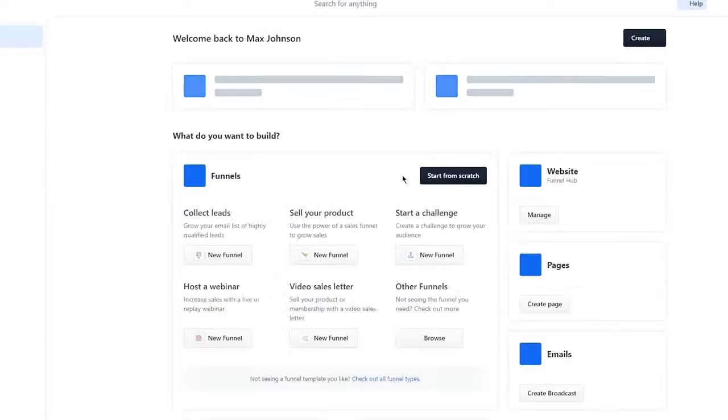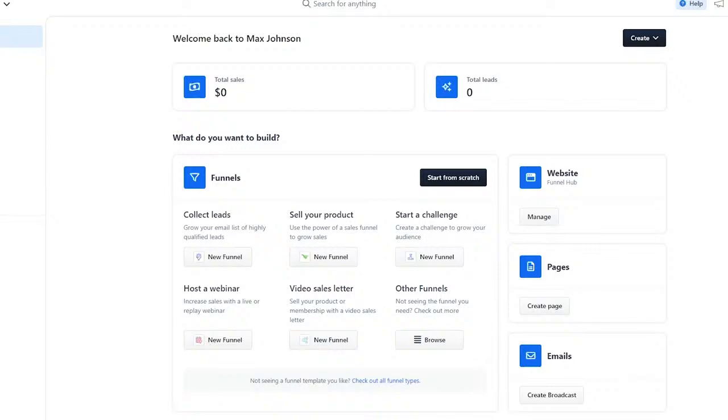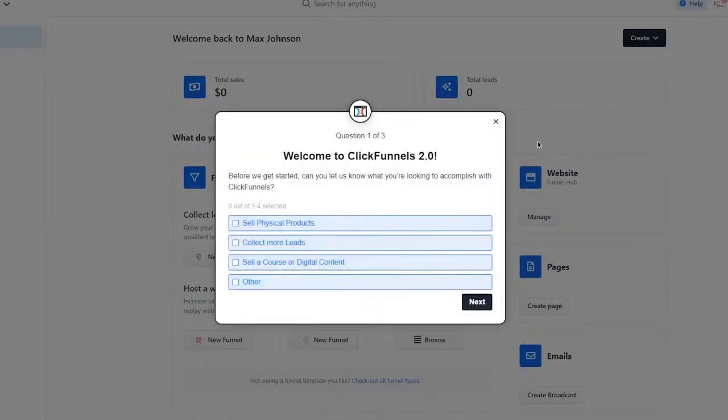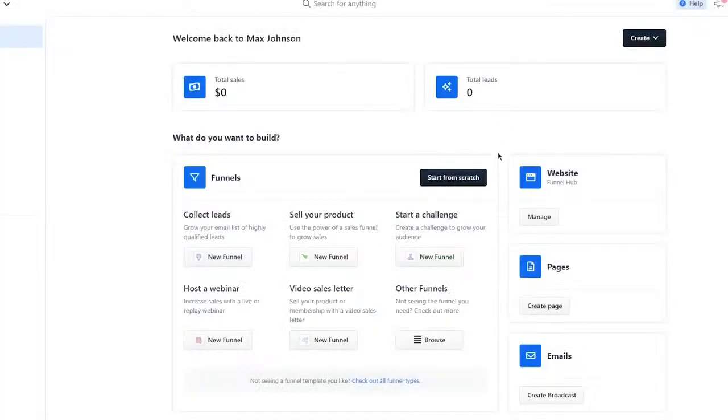And once it takes you through all of that, and once you've successfully registered, you will be redirected to the ClickFunnels dashboard on the main page. So on the left, you can see all kinds of different features that ClickFunnels offers you. And it's basically an all-in-one marketing tool. So they offer a lot of features, which we're all going to cover